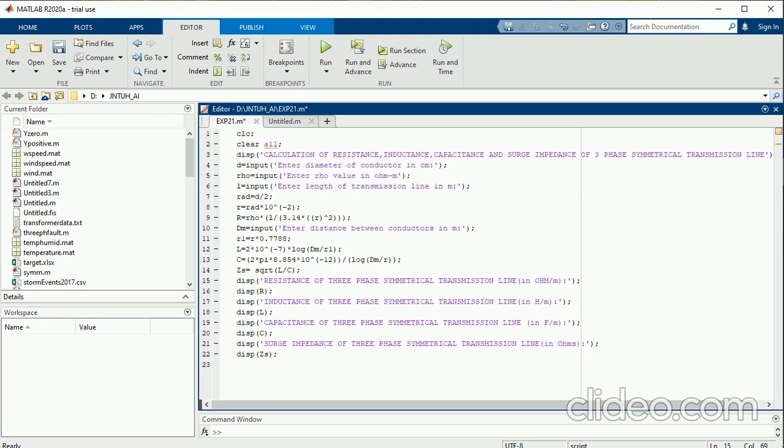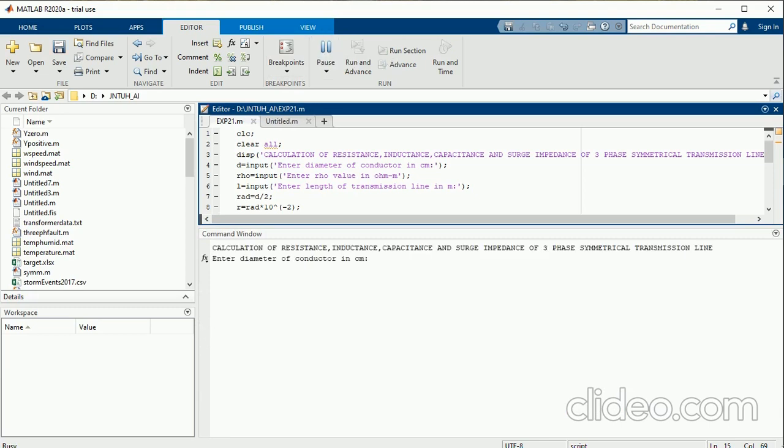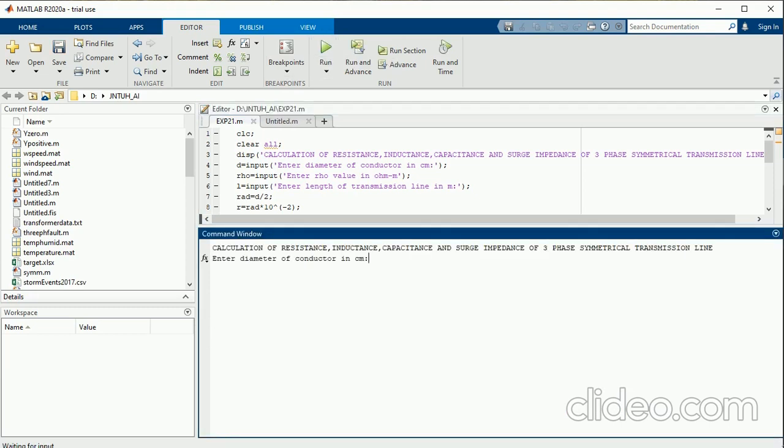Okay, so up to here you may understand this. So now I run the code, please observe here. Simply run the code. Once you run the code, please observe the third line. Whatever the third line you are mentioning here, the same third line is represented in your command window. Once it is displayed, the fourth line is executed and waiting for the user's input.